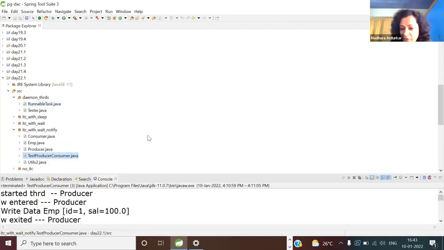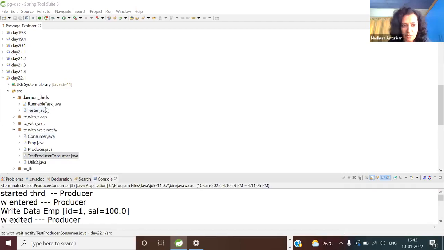I just wanted to confirm with all of you that sending an interrupt signal, will it be useful in unblocking the thread which is blocked on IO, or will it be useless? Yes, useless is a very right answer, Abhijit. If your thread is blocked on input and if you send the interrupt signal, it is going to be rendered useless. So that part I just wanted to confirm.